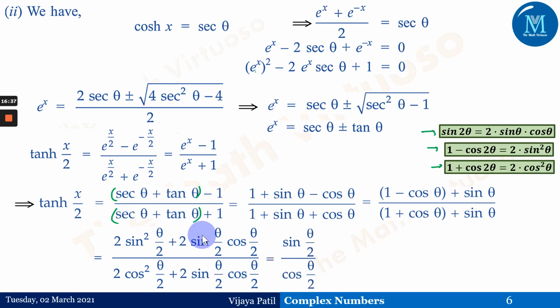And if you reduce it further, you'll be getting it equals sine of theta by 2 upon cos of theta by 2. Just by making some adjustments over here, you're going to get it like this. After getting this, which equals tan of theta by 2, that means what we have got here is tan hyperbolic x by 2 equals tan of theta by 2. This is what we get from this particular second question, and we have got the second equation over here.